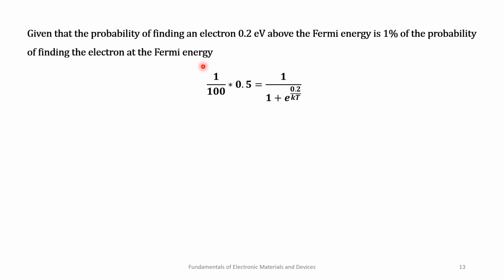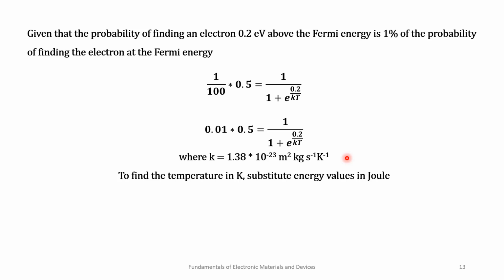Actually, this is the value at 0.2 electron volt, when the energy is 0.2 electron volt above Fermi level. That is why we substitute 0.2 here. So is it clear? Yeah. Somebody had mentioned in the chat box why this is multiplied. This is because they are telling the value at 0.2 electron volt above Fermi level is 1% of what we get at Fermi level. This 0.5 is for Fermi level. 1% of that value is the Fe at 0.2 above Fermi level.